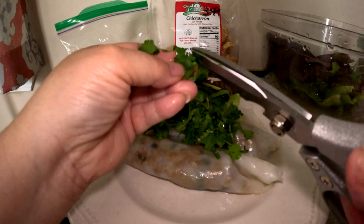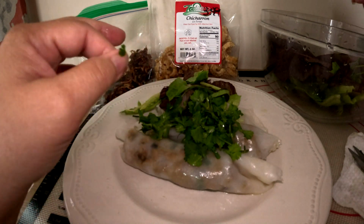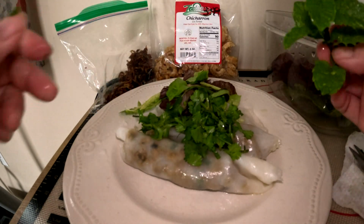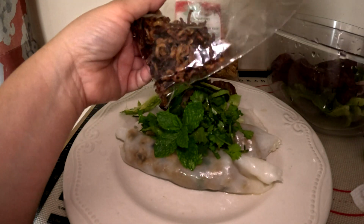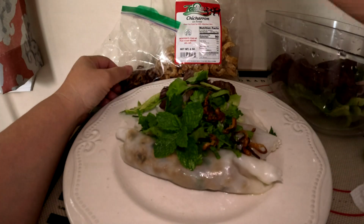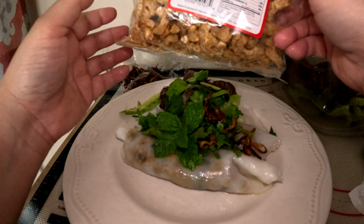You can eat it with any of the Asian fresh herbs, cilantro, Thai basil, mint leaf. I also have mint leaf in the garden as well. See, mint leaf, isn't that beautiful? And for added crunch, I made some fried shallot. You can buy them at the store as well, or you can make them. Fried shallot. And I thought this would be a nice crunch factor because steam roll is soft, so you want